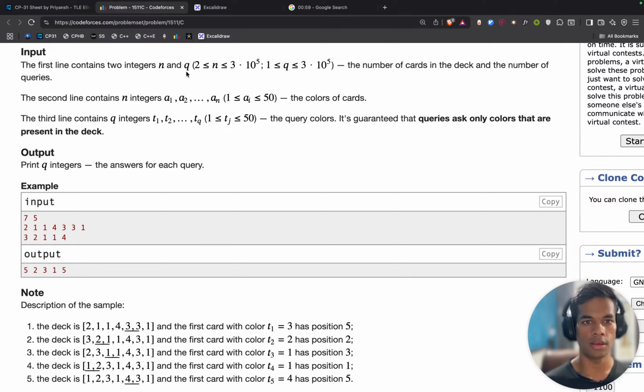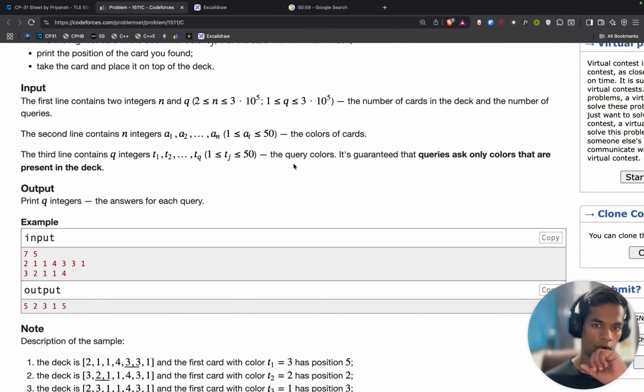N is the size of a and q is the size of the queries, and they are not greater than 50. Value of the color cannot be greater than 50. That should be a hint. N is big, number of queries is big, but the colors themselves are not big. I can store how many cards I have. I'm thinking about sorting the whole thing.